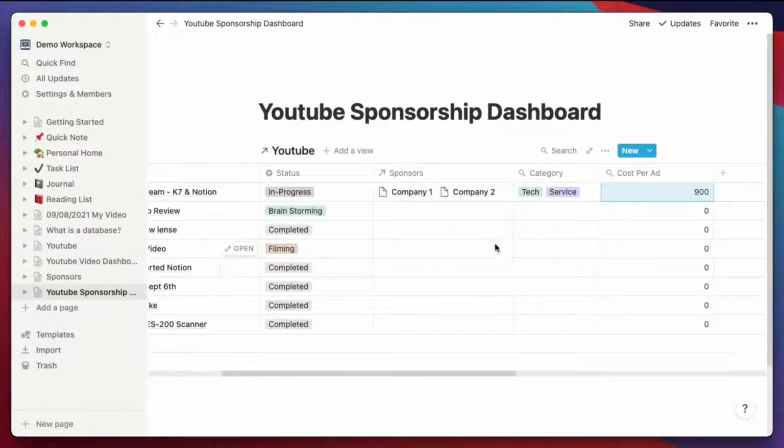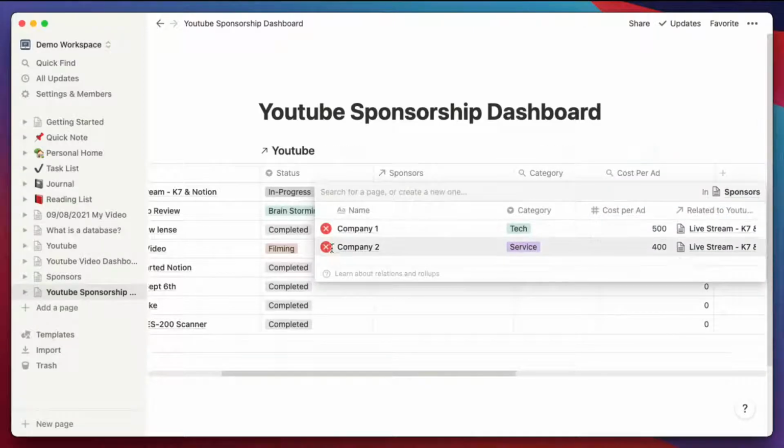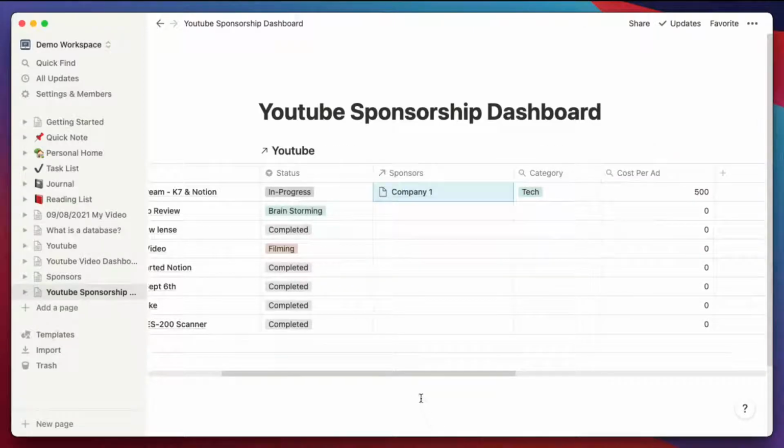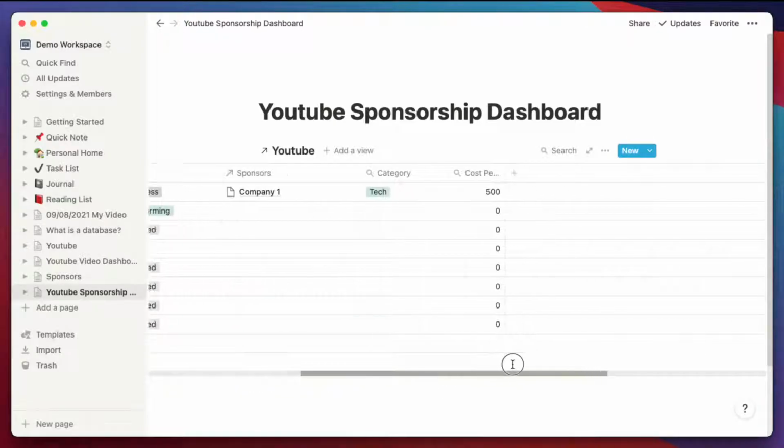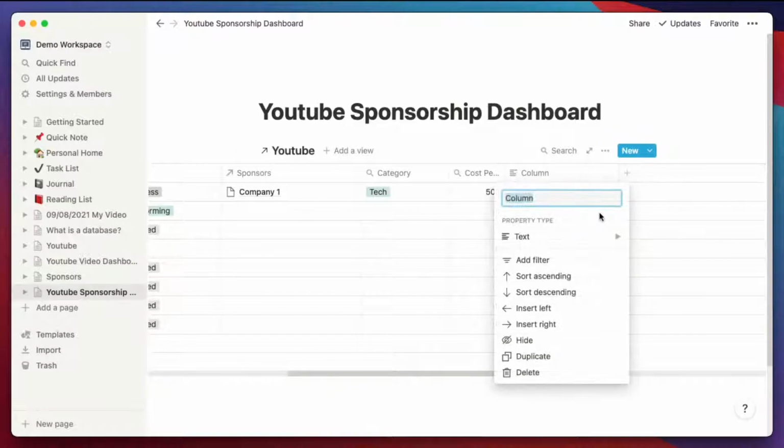Okay, let's go back to my original scenario here, though, that I'm only going to have one sponsor per show. But that sponsor could do multiple ad slots. It'll differ from every show. So I want to do a new column here, number of ads.